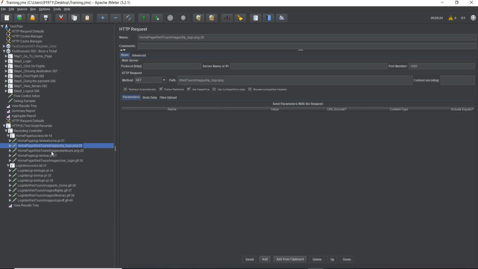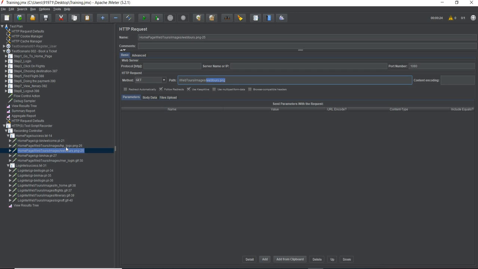These PNG requests are also not so necessary. They are nothing but some GET requests, getting these PNG logo files from the web server. Obviously, any kind of request creates a load on the server, but it is very negligible.